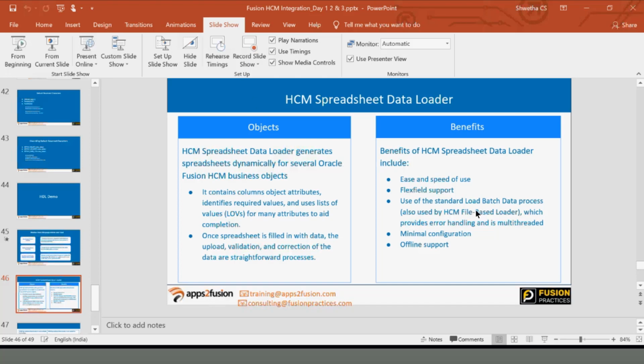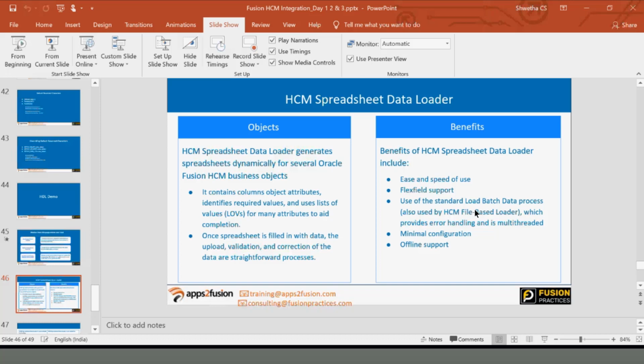Let's see what options we have in spreadsheet loader and how it works. Spreadsheet loader is one more inbound feature provided by Oracle, and it is Excel based and user friendly. While importing an HDL file, we see a couple of validations: the lookup names have to be configured in the system, and parent references should be proper. Those configurations and information you pass in this spreadsheet loader. So it's easy, because while passing them itself, it tells you.